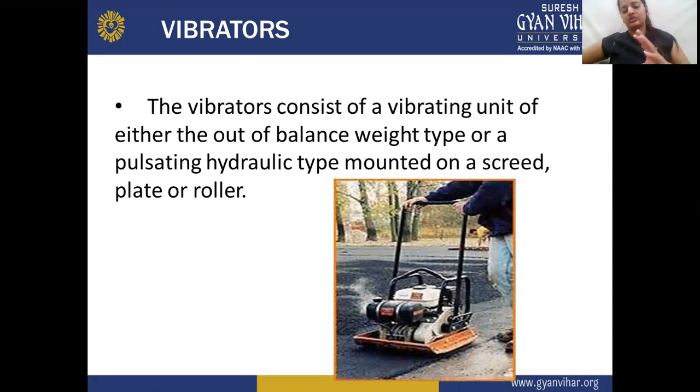So vibrators can be used for surface level work, whereas ramming can go deeper. The rollers can go to a certain depth, but ramming can go to a higher depth of ground. So the compaction achieved will be much better with ramming equipment. The vibrator is just to provide a proper surface. It can only work at the surface level. It cannot go very far beneath the surface. It is just for giving a proper aesthetic finish.